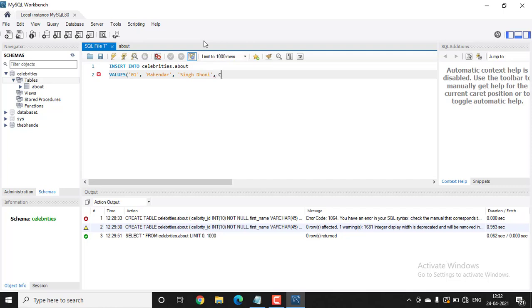And then department is cricket, and then type in the location India. Close it.